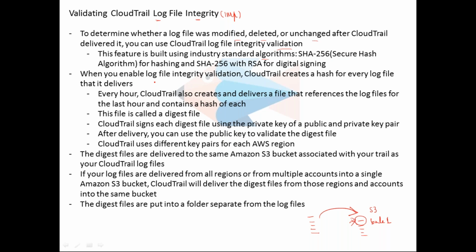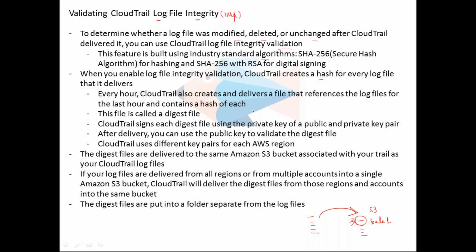When you enable log file integrity validation, CloudTrail creates a hash for every log file that it delivers. Every hour, CloudTrail also creates and delivers a file that references the log files and contains a hash of each.